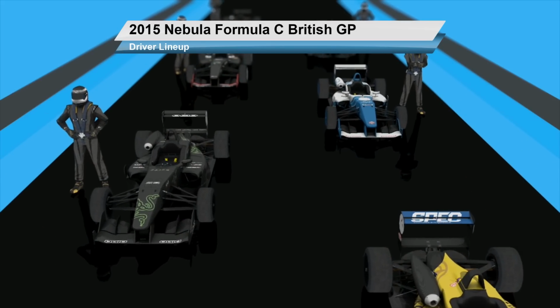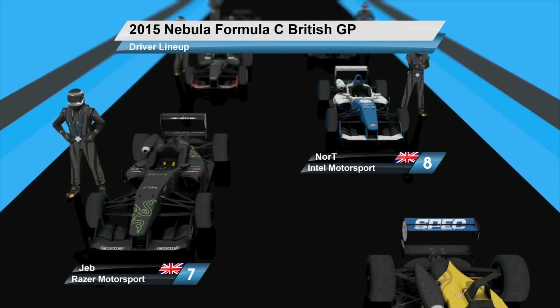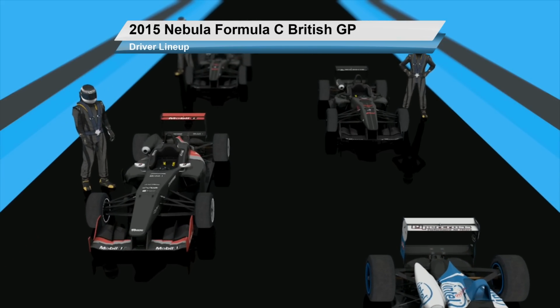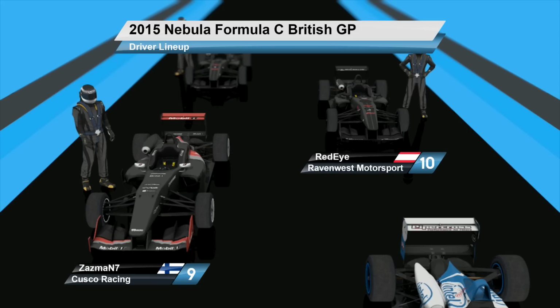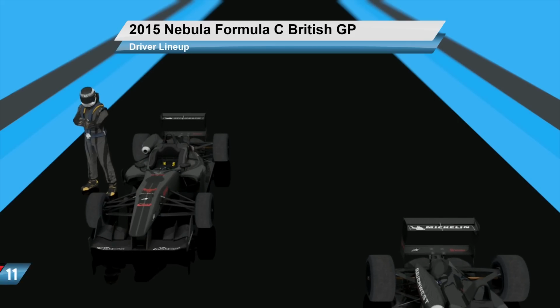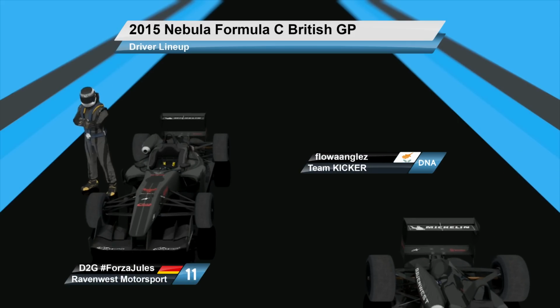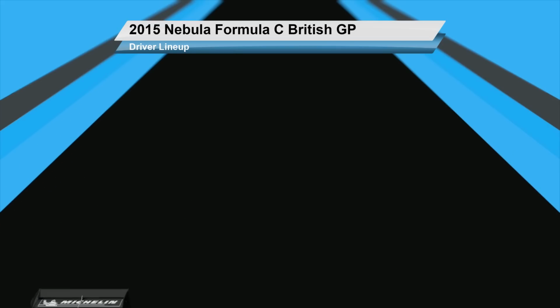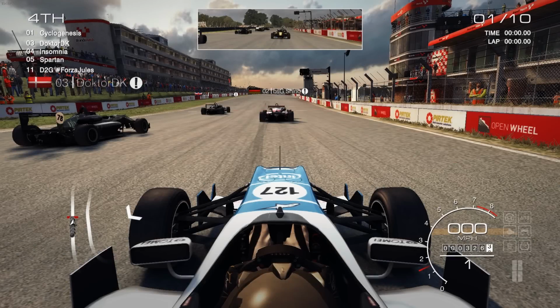Into the bottom half now of the grid, it's Jeb of Razor Motorsport, and he is followed by Nort of Intel Motorsport in that 8th place position. In 9th, it is Zazman 7 for Cusco Racing and Red Eye of Raven West. And then bringing up the rear of the grid, unfortunately, is going to be D2G of Raven West, but of course, as we mentioned, plenty of overtaking locations, so I'm sure there's going to be plenty of changes of position